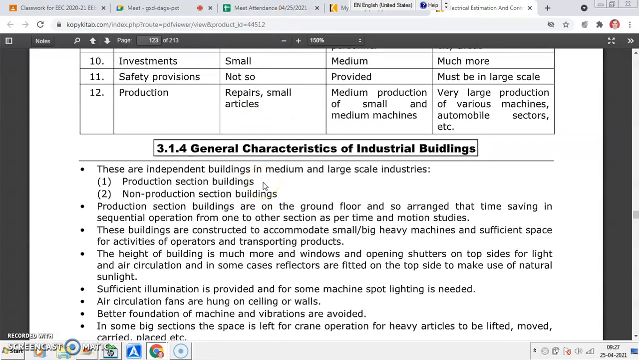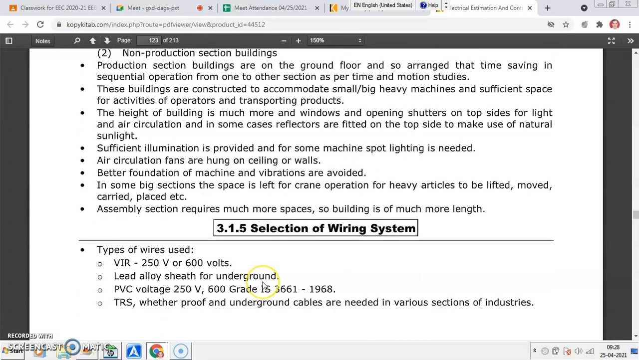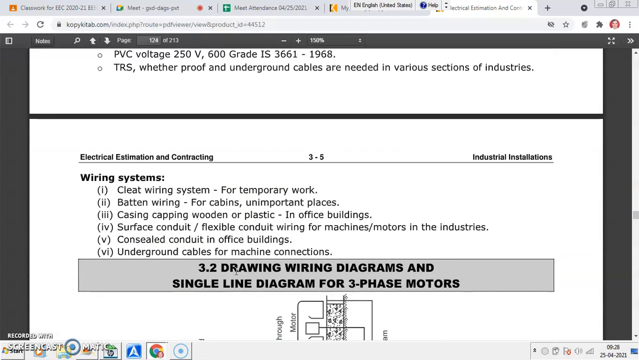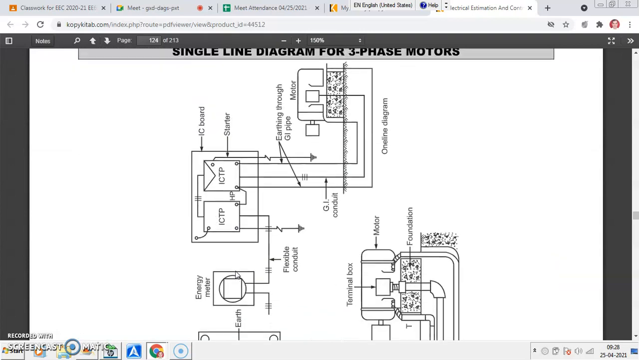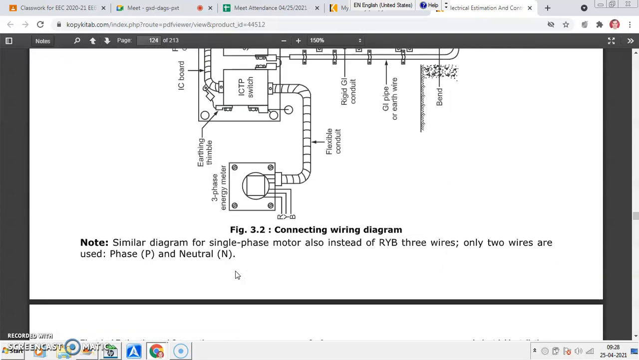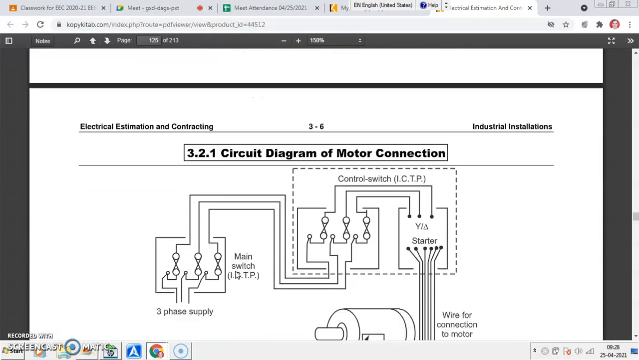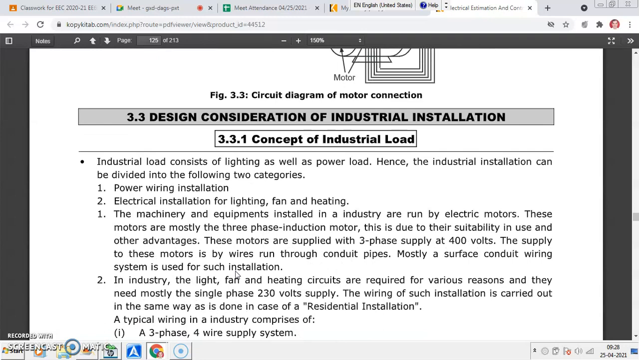Then general characteristics we have seen for industrial building: production section, non-production section, commercial building, office building, workshops, illumination related to campus, illumination related to workshop, power circuits regarding the machines, motors, selection of type of wires, wiring systems, typical connection diagrams, circuit diagrams, industrial load,